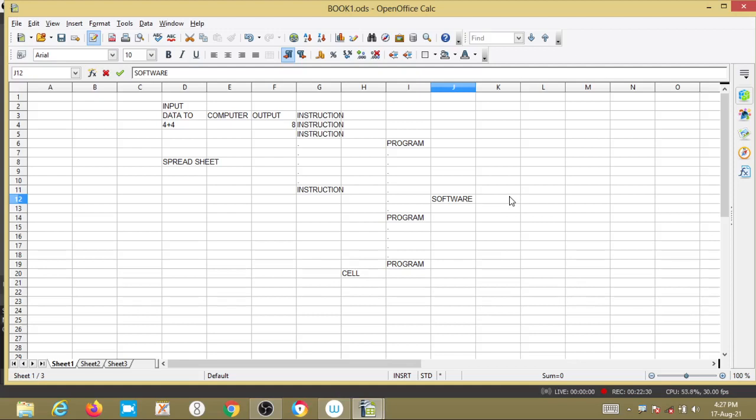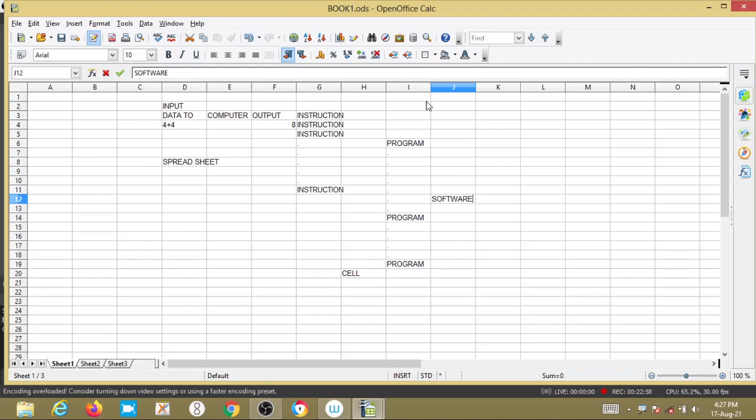I already told you that MS Excel is a software used to create electronic spreadsheets or worksheets. These are called electronic spreadsheets, Excel. An Excel document containing worksheets is called a workbook.